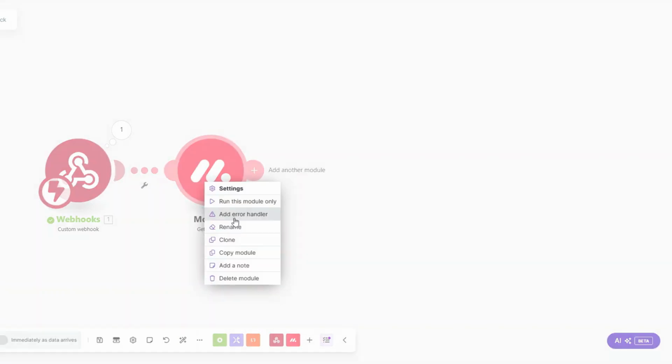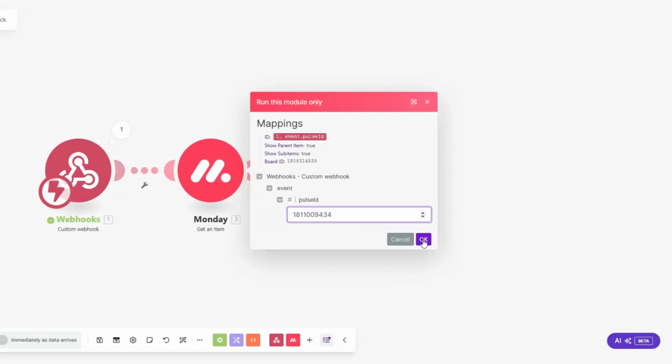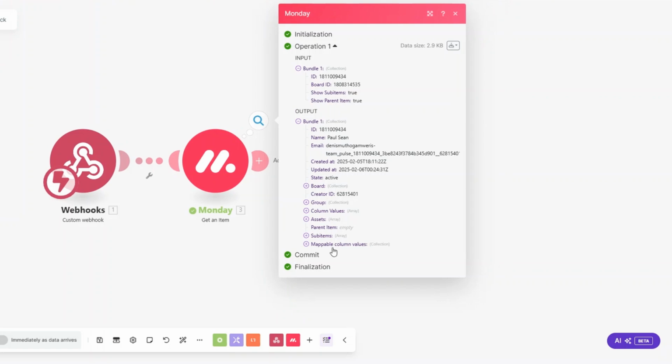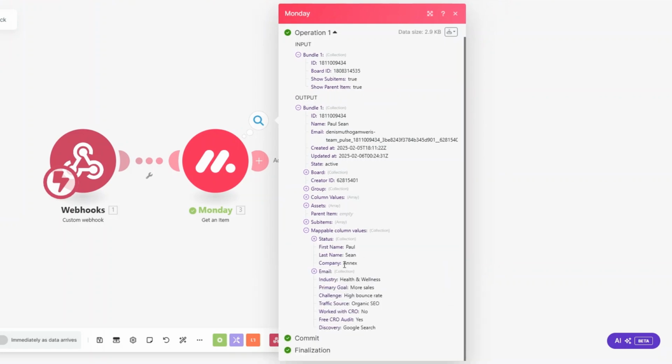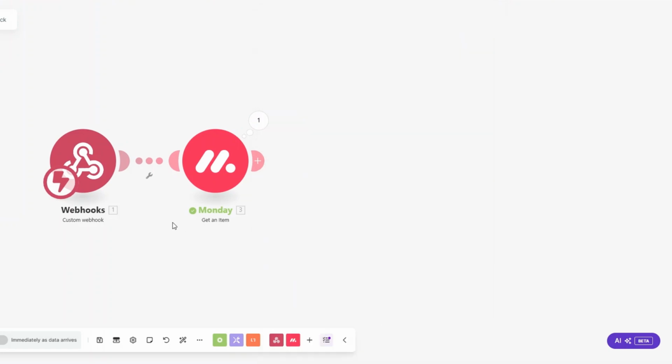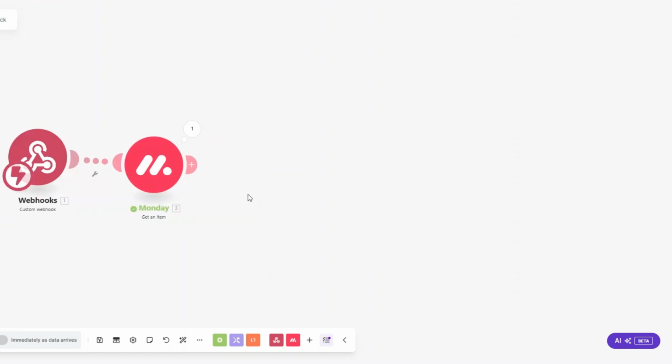Then click on save. Here, I run this module by pasting our pulse ID over here, then click on OK. And here you can see we're getting our client's data right here, like their first name, last name, company name, the email, the rest of the information right here. Now we're going to collect feedback from them by sending them a form that they're going to fill in and give us